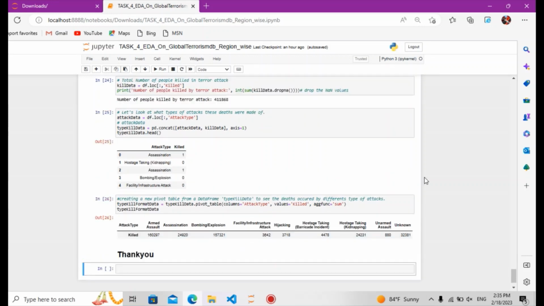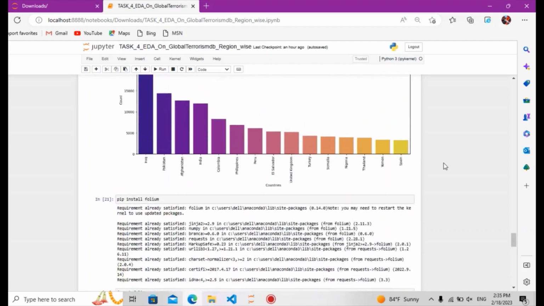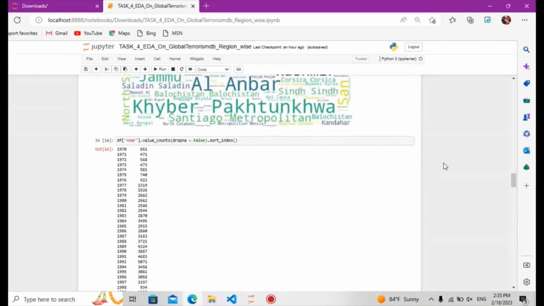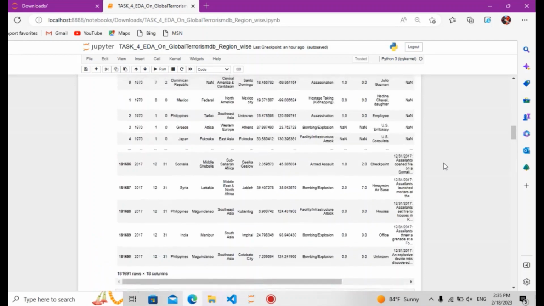157,381. So thank you. This is the fourth task given by the Spark Foundation during my GRIP internship of the data science and